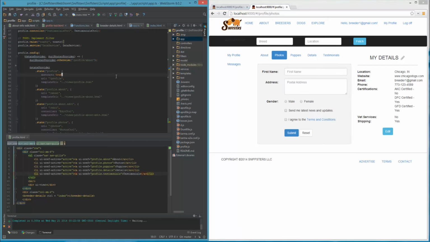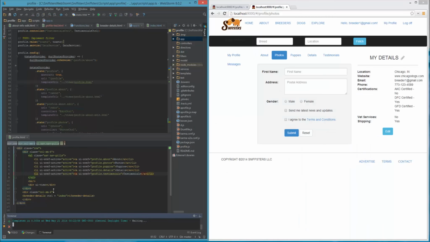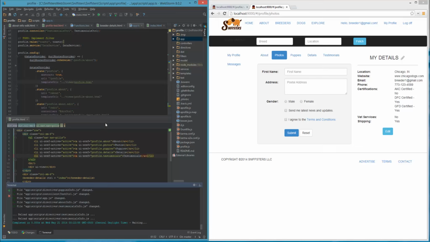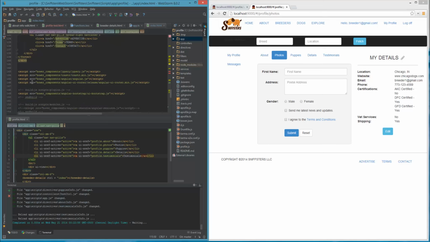And in order to use UI router library, we need to install it, and we can do it with Bower. Just insert a line bower install angular-ui-router --save to your terminal and click Enter. After that, we need to link the UI router library to the view. It's our index. Here is this line, script, and in our main